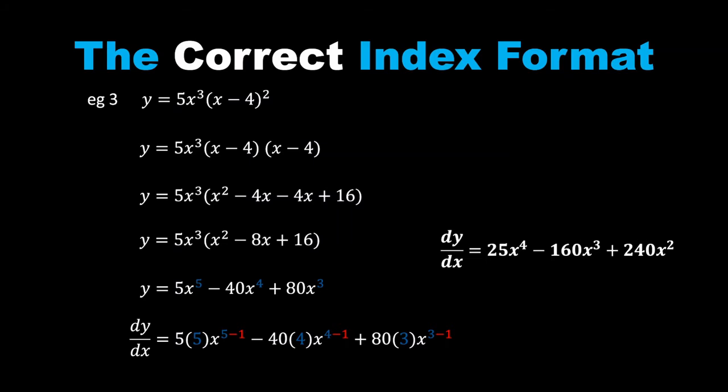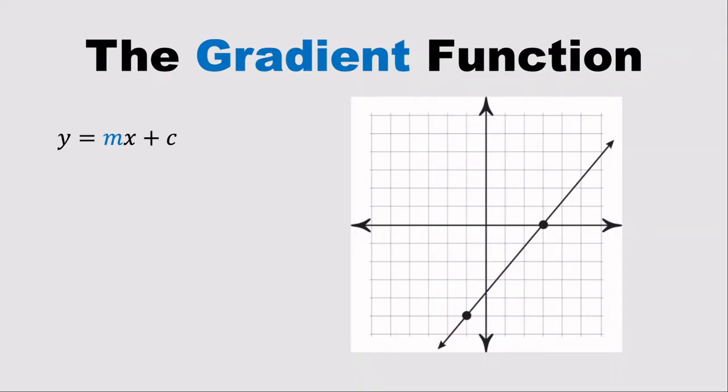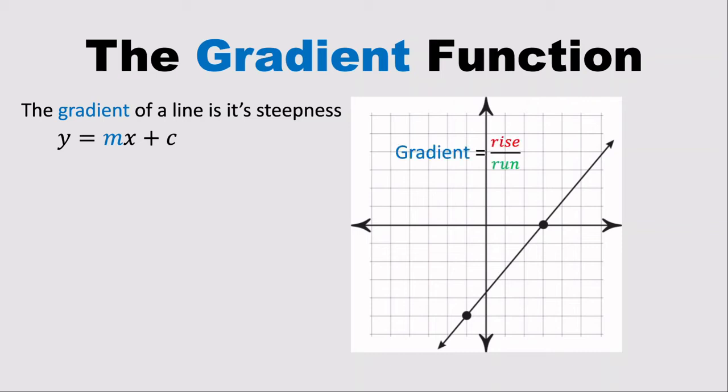What does differentiation mean? As I mentioned before, today we're looking at differentiation and the gradient function. You should be familiar with the word gradient from when you looked at the equations of lines. Here I've got a line graphed for you, and I'm saying that the equation of this line is y equals mx plus c, where m is the letter that we use to represent the gradient of a line. The gradient of a line is its steepness, and we can work out the steepness using the fraction rise over